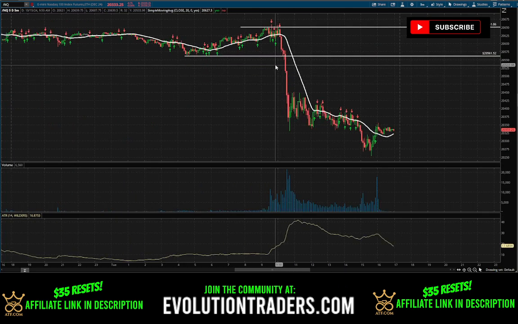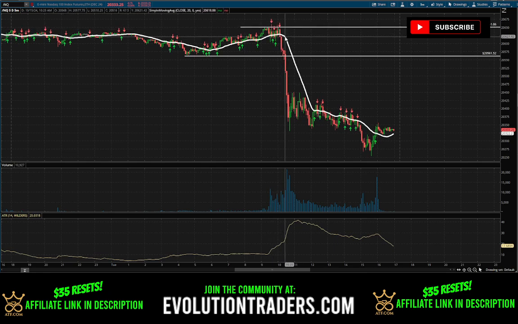I look for a sweep of those highs or lows. I wait for price to pull back and bounce. And if it fails to take out the high, I'm getting in short. Okay, I'm getting in short. I'm setting a stop loss maybe a few points or 5 points above that sweep high, and I'm riding this thing. And whatever my risk is, 20, 30, 40, 50 points,